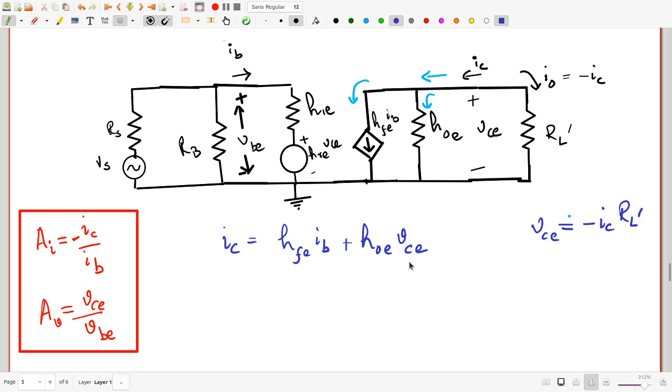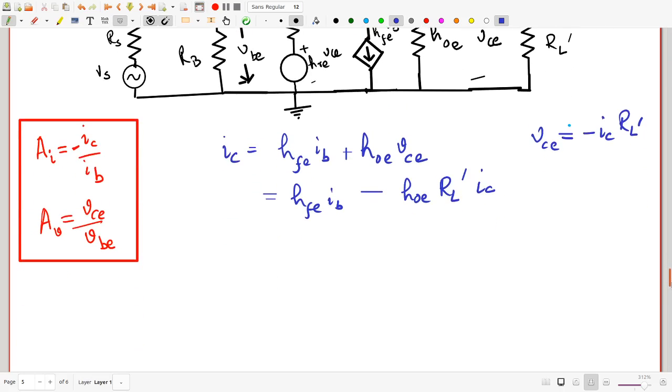Well, this immediately gives us a way of writing IC in terms of IB, which is, you just take this expression, stick it back here, and you get HFE IB